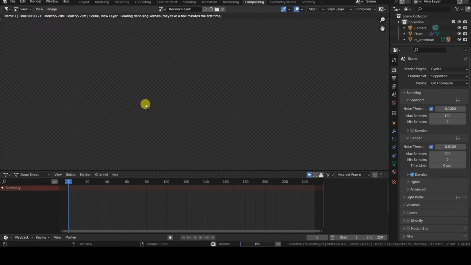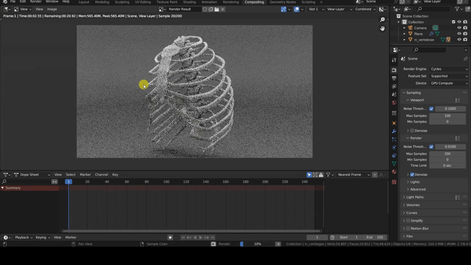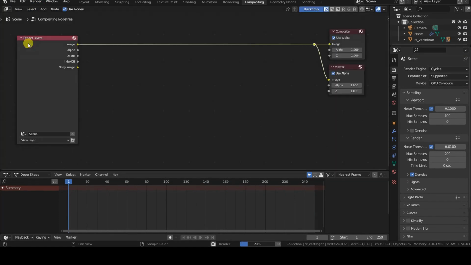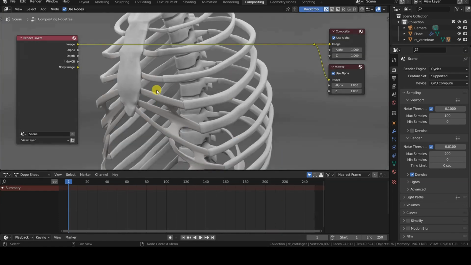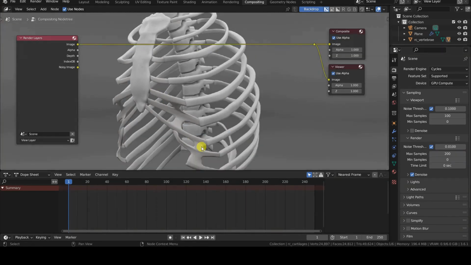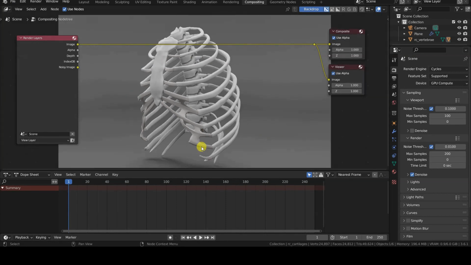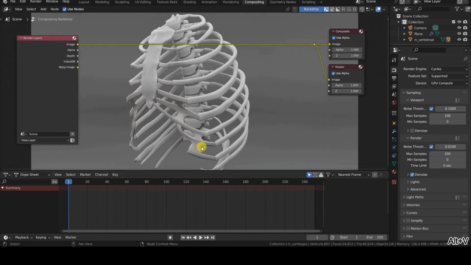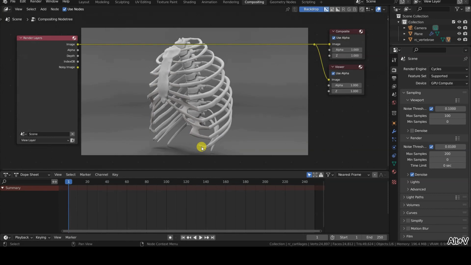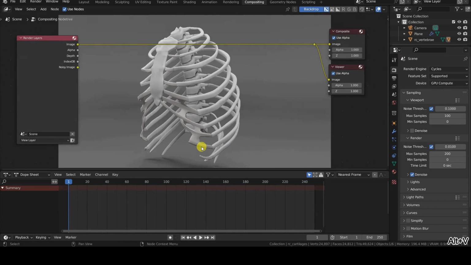Now we should perform an initial render, even with just a few samples, to obtain the first compositing data. Among these, we will especially have the mask of the object, which can be retrieved from the index.b output of the Render Layers node. If the render preview appears too large, you can shrink it by pressing the V key. If it's too small, you can enlarge it using the Alt-V key combination.